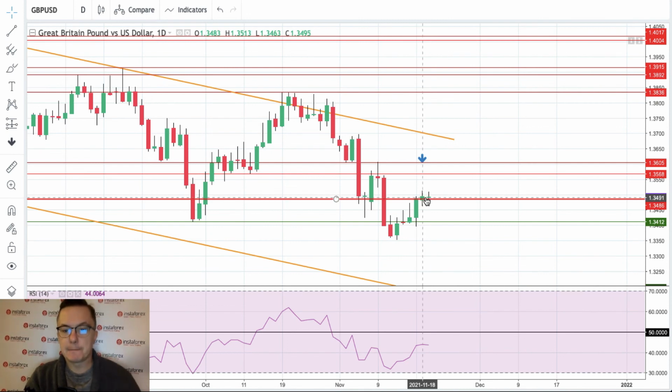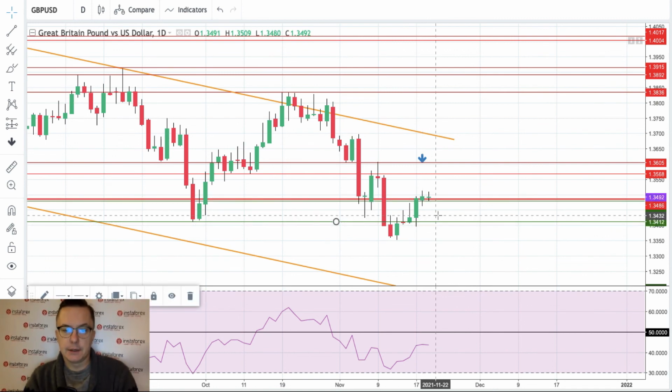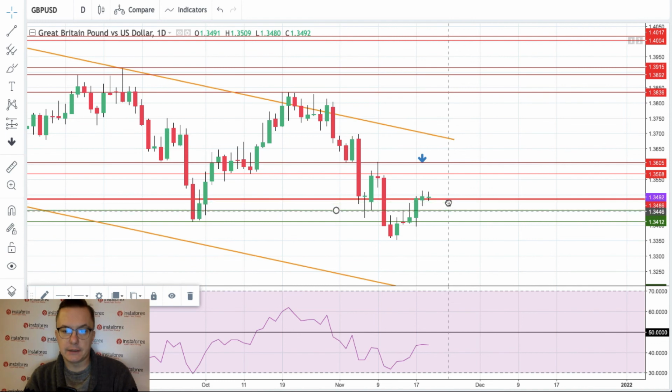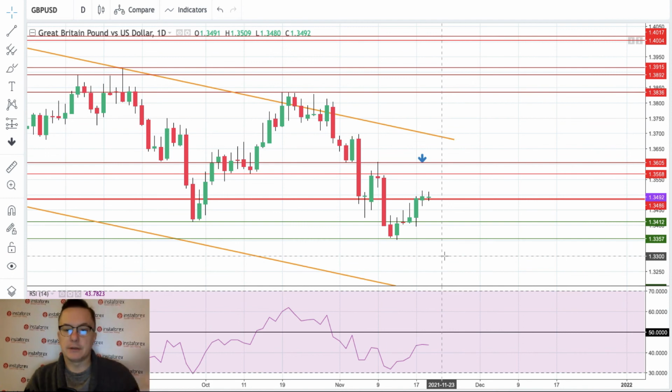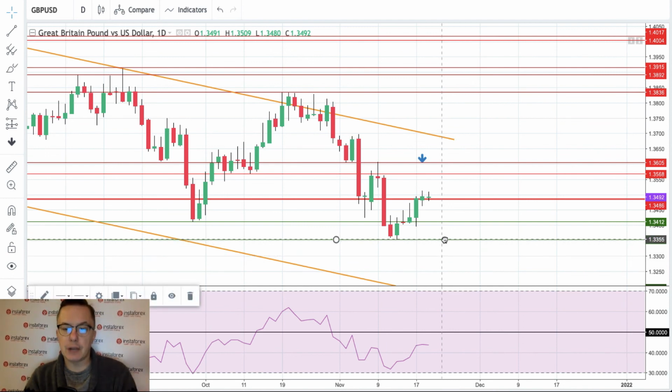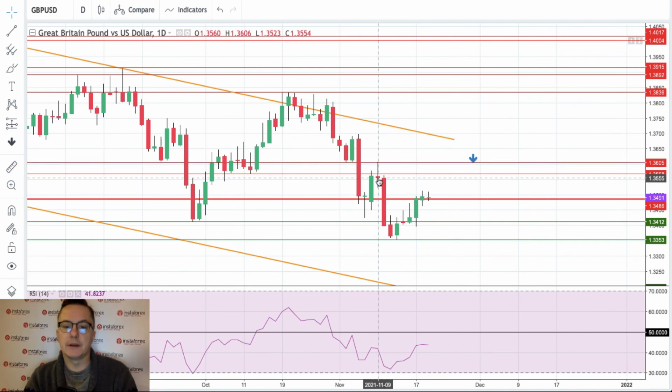So please notice the fact that there are almost only green candles here. So the bulls are in control of the market, and we have this last level of technical support right here. So we should expect this market to jump a little bit. However, this kind of a progression is not really that much possible, because the next target for bulls is eventually at the level of 1.3605, when the last pin bar candle was